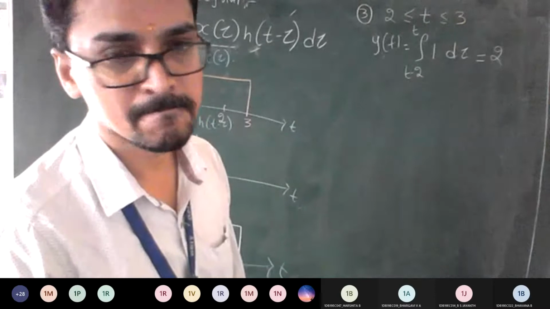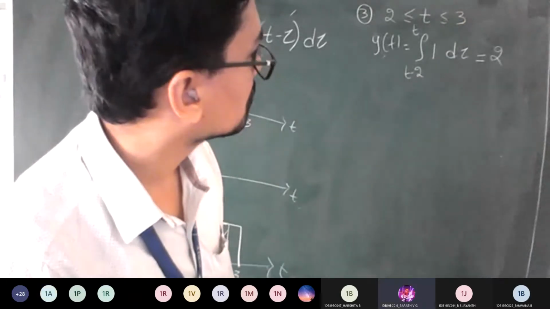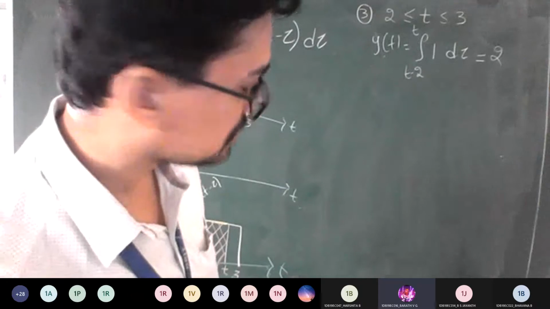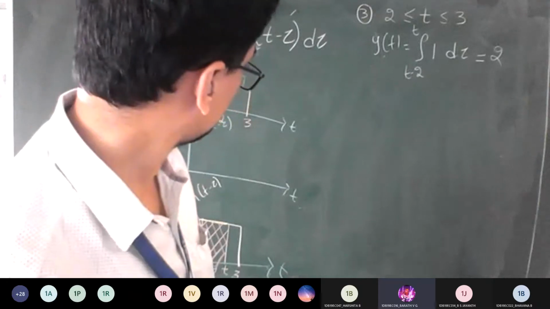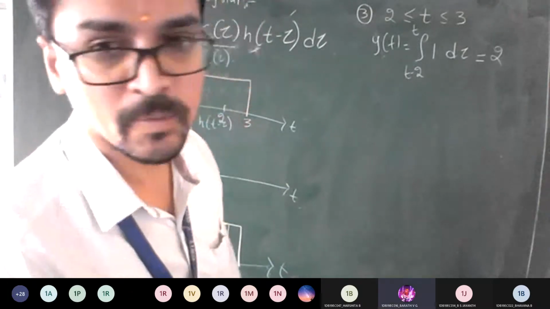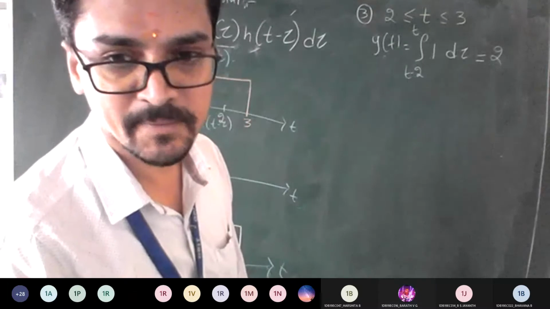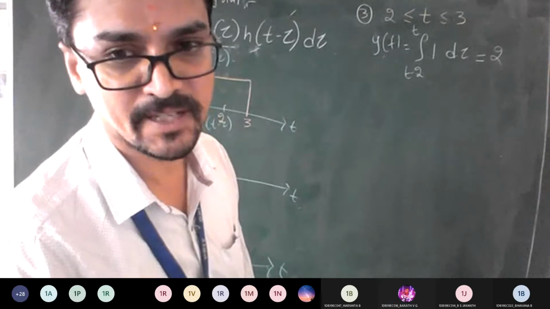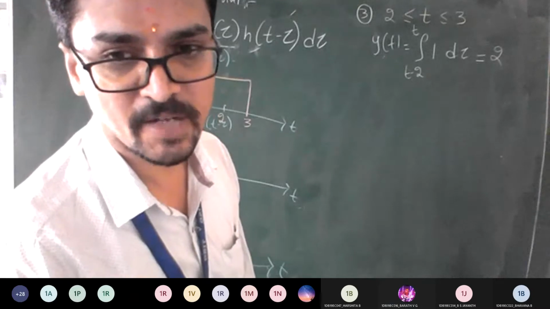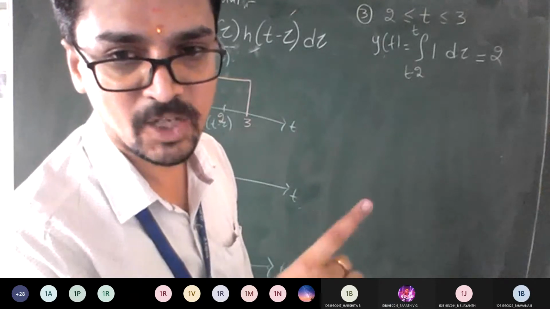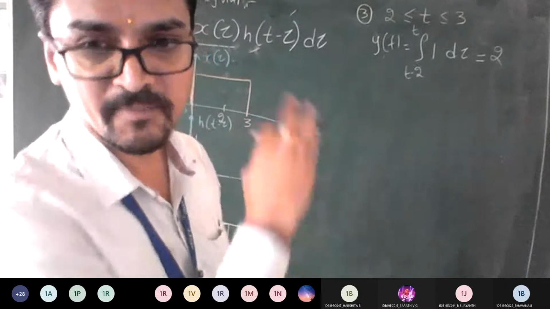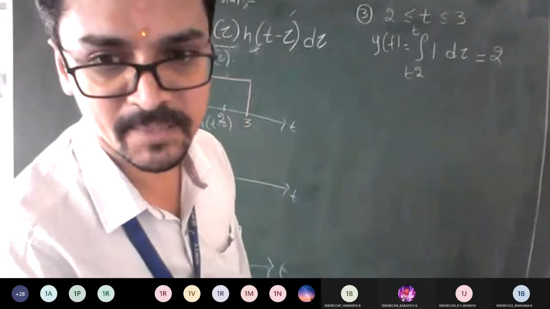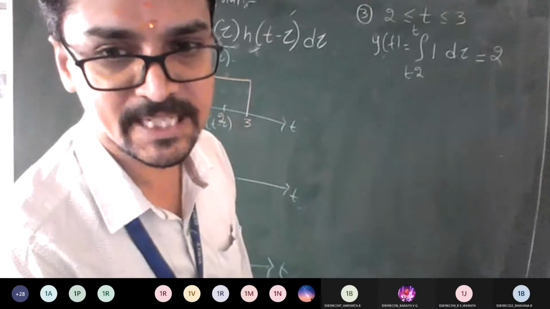Sir, why we didn't take range as 0 to 3, sir? Why? Repeat. Yes, from 0 to 3 we can also take 0 to 3, no, sir. No, the convolution should happen step by step. Directly how you can go 0 to 3? 0 to 3 is a maximum for x of t. 0 to 2 is maximum for h of tau. So maximum value will be 5. So you can vary from minus infinity to 5. So you can't show directly, right? I should show step by step how the convolution is happening each step.